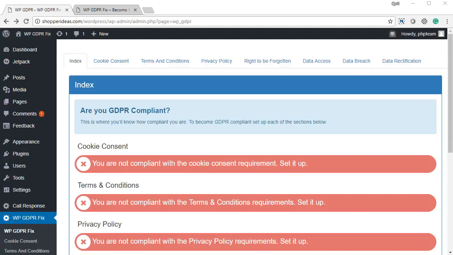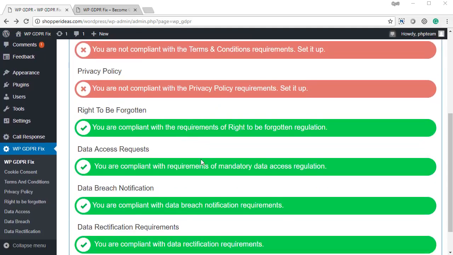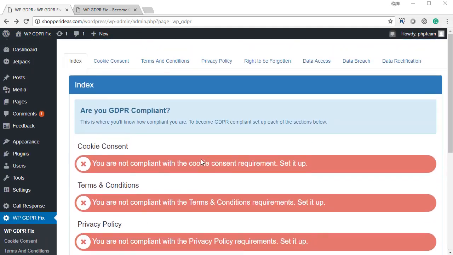Alright, is GDPR on your mind? If yes, then well, today I'm here to help you. My name is Sudaljit and I'm from Technic Force, and today I want to show you WP GDPR Fix, the magical plugin that is going to make you 100% GDPR compliant and is going to make sure that your business is protected. So I've got the plugin set up on my computer, and when I go to WP GDPR Fix,